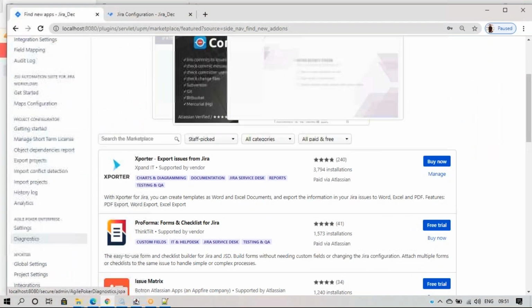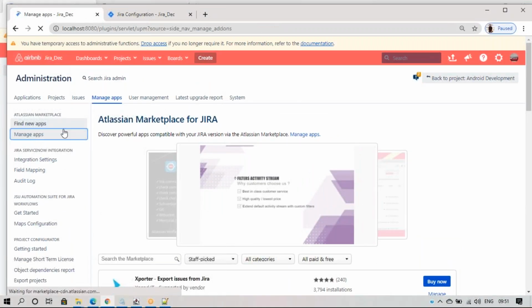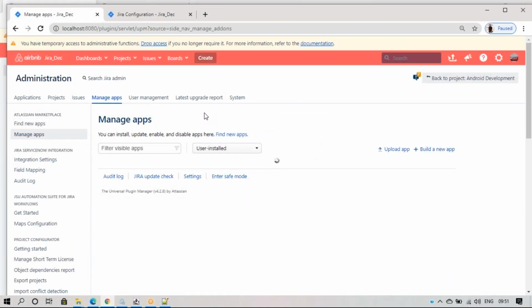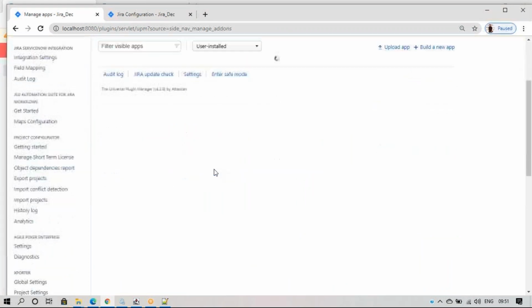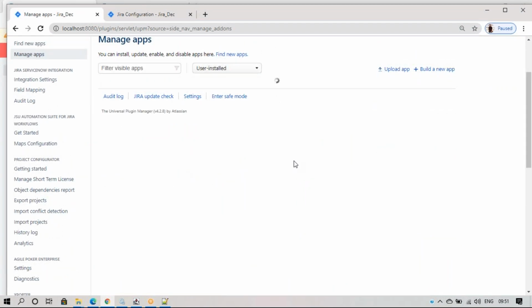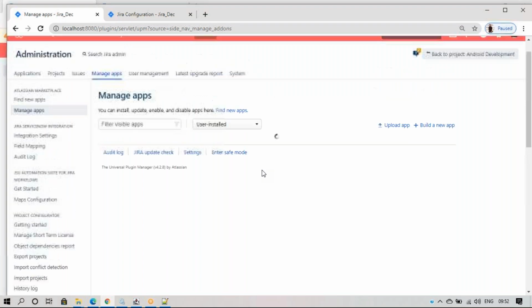See, before I didn't have any plugins on the left side, but now I have all these plugins. The same versions and same licenses and everything are copied here. When we move the plugin folder, these plugins also will come. When we move the data folder, the attachments and avatars come.